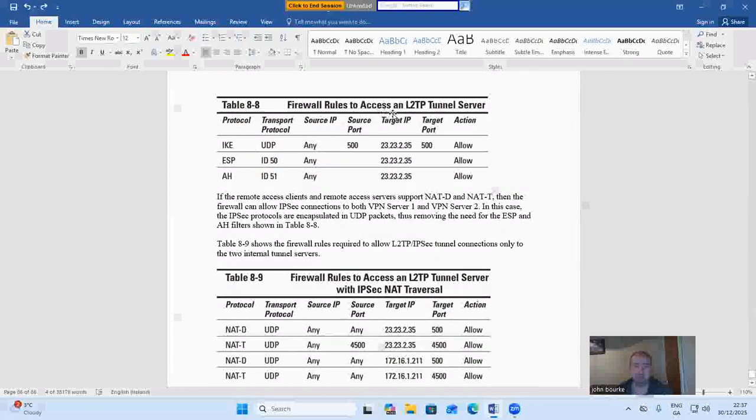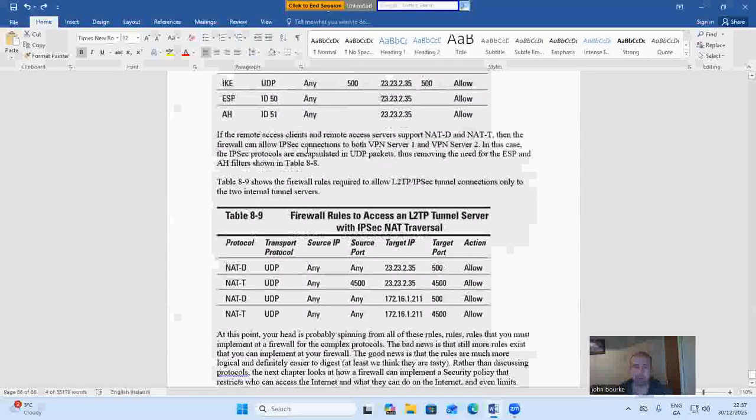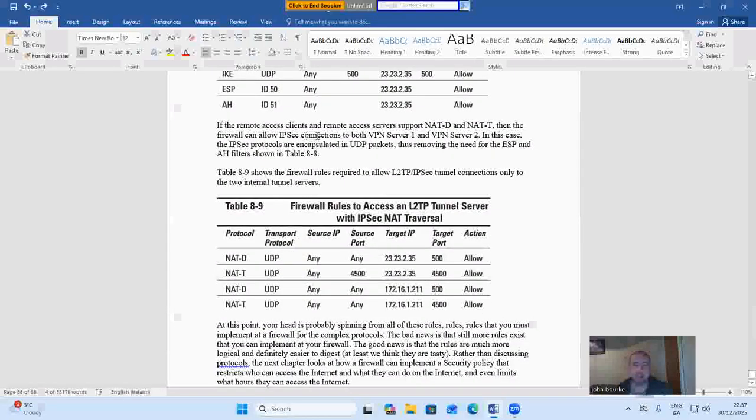So firewall rules to access an L2TP tunnel server: IKE, UDP, any, 23.23.2.35, allow. ESP ID, any, 23.23.2.35, allow. AH ID 51, any, 23.23.2.35, allow. If the remote access clients and remote access server support NAT-D and NAT-T, then the firewall can allow